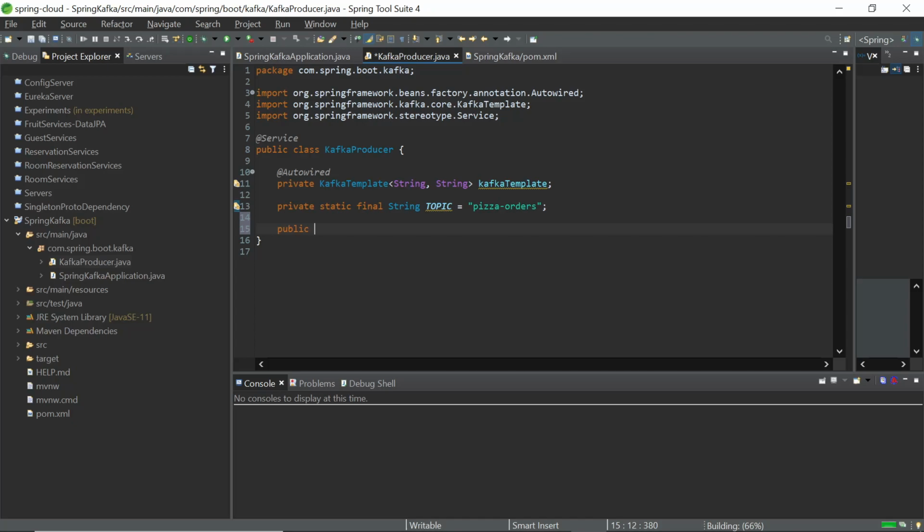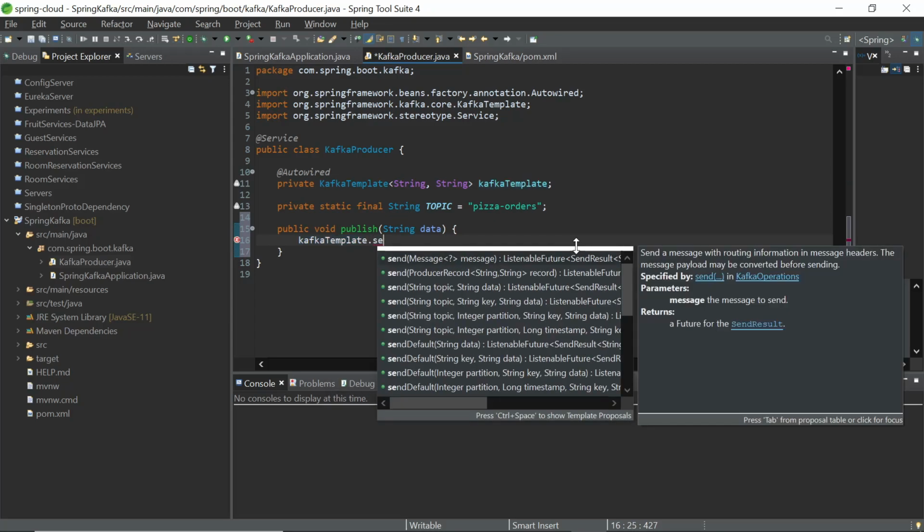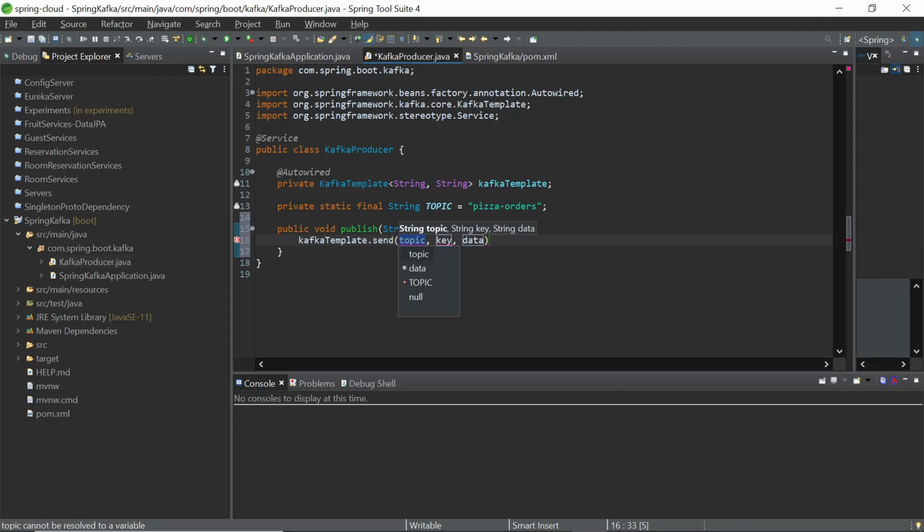Now let us create a method which will allow us to publish. Let's just go for the simpler one without the key, just the data.